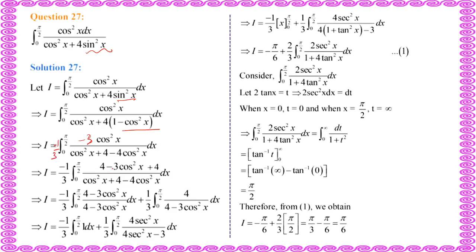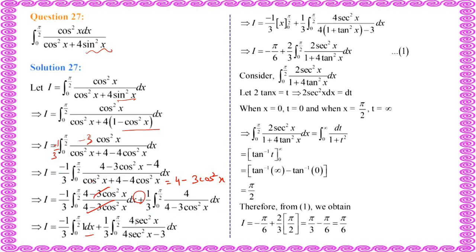Now this is minus 3 cos square x. Now we are adding and subtracting 4. Now 0 to pi by 2, we are splitting it. This is 4 in the denominator, it is equal to 4 minus 3 cos square x. So 4 minus 3 cos square x upon 4 minus 3 cos square x cancel, and 1. And here minus 4 upon 4 minus 3 cos square x; with this minus and this minus, it will be plus 1 by 3, 4 upon 4 minus 3 cos square x.